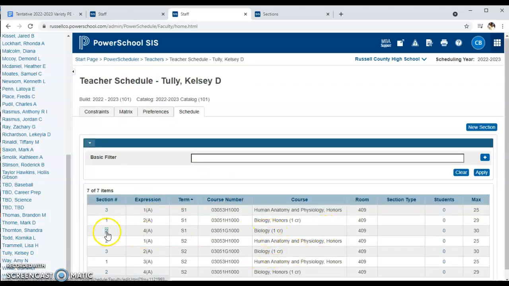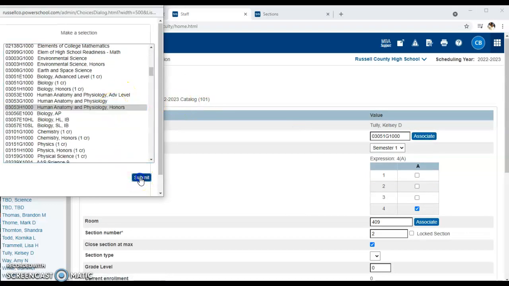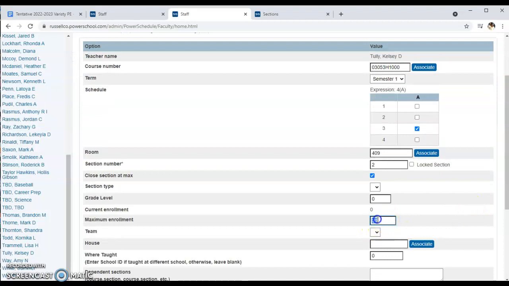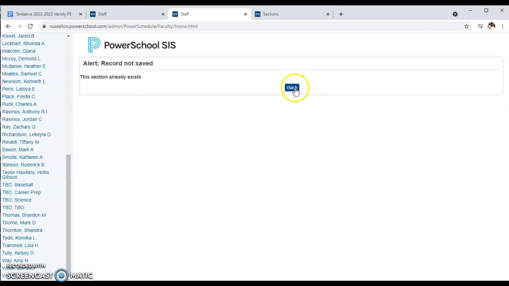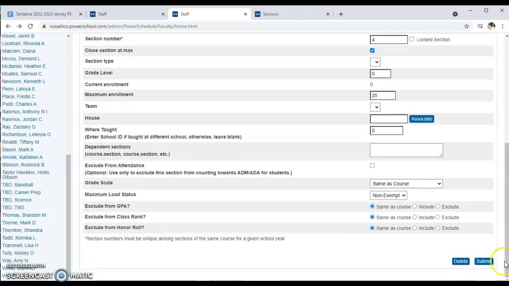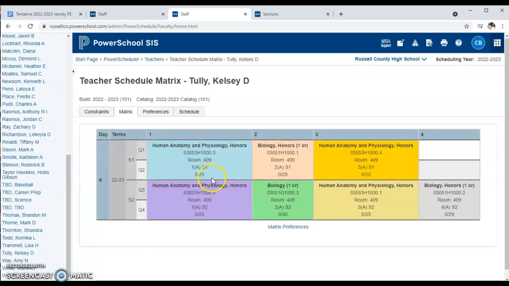So this is that biology course we were just looking at. Like I said, we're going to change it from fourth block to third block. And it's saying that that section already exists. I forgot to change this section. So this will be section number 4. We've already had 1, 2, and 3. Let's look at the matrix. So again, I said we're going to have human anatomy and physiology honors first and third block both semesters, honors biology